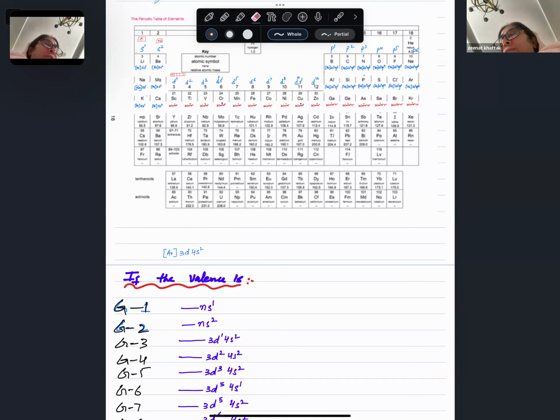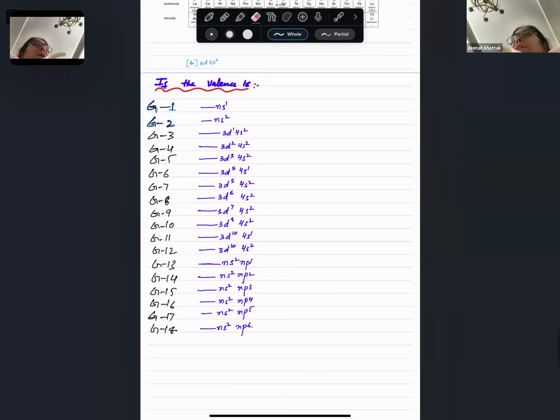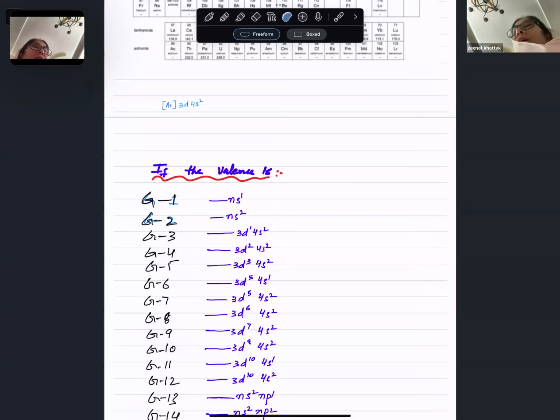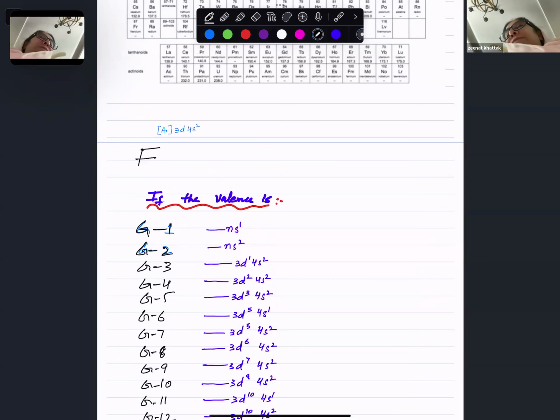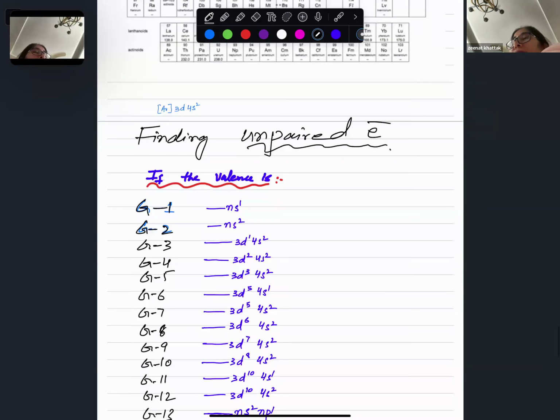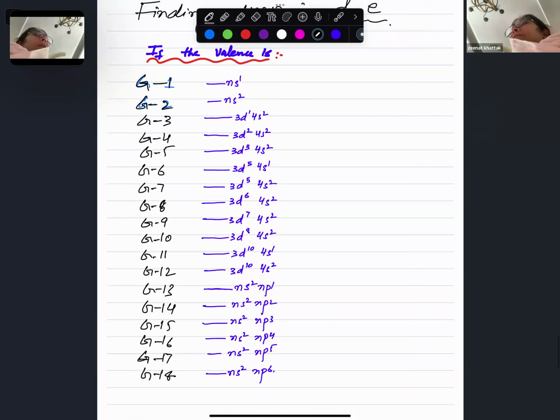The topic is what? Unpaired electron. The topic is finding the unpaired electrons. And why? You will think that why I'm telling you this. Wait a minute. Finding what? Unpaired electron. Now, in S1, there is just one unpaired. S2, no unpaired. Now, if you look,